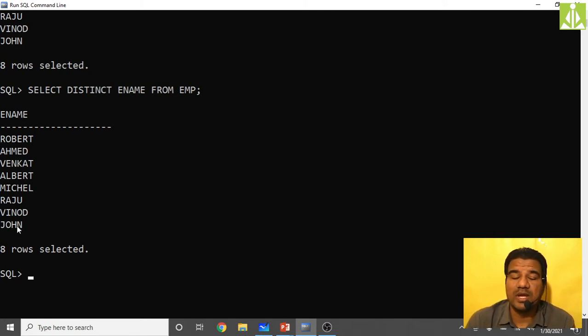In this way you can remember these unique and distinct keywords inside your select statement. It is very important to understand the difference between how the regular output looks and how it differs when you use these keywords, unique and distinct. Hopefully you understood.